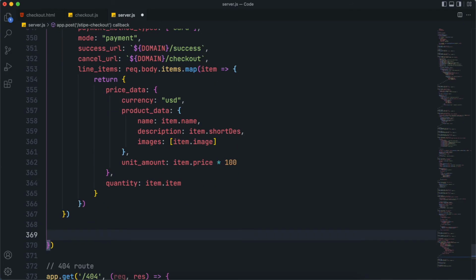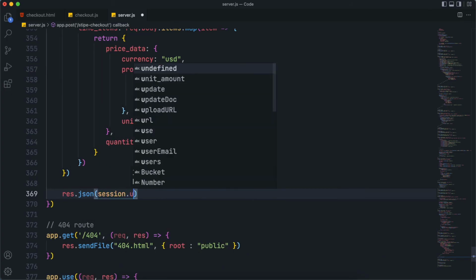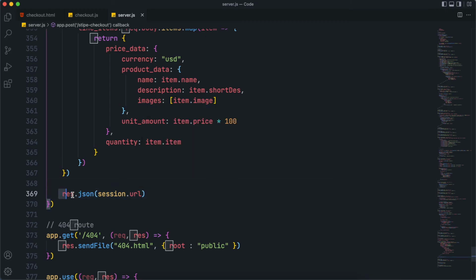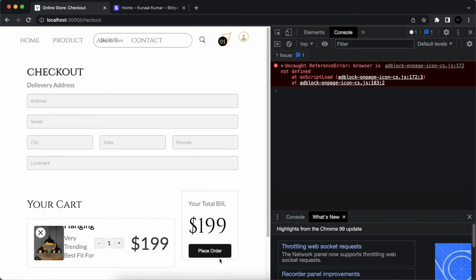So now we are actually done. At the very last, just say response.json and send this session.url. So basically the session variable will generate a URL, and we will send this URL to our front end, and we are consoling it. So if I click on place order by filling this form,